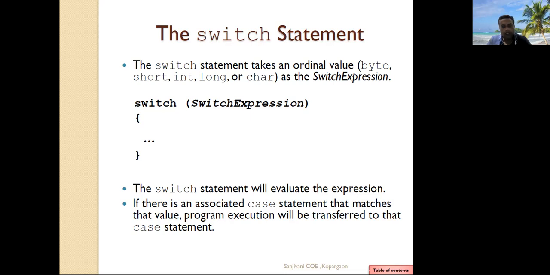If the switch expression value is not matched with any case expression value, then the default case is executed. The switch statement will evaluate the expression. If there is an associated case statement that matches that value, the program execution will transfer to that case statement for its execution.